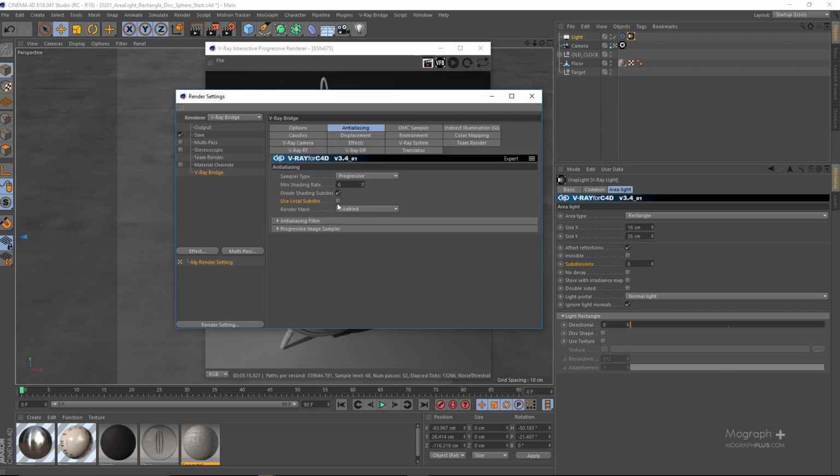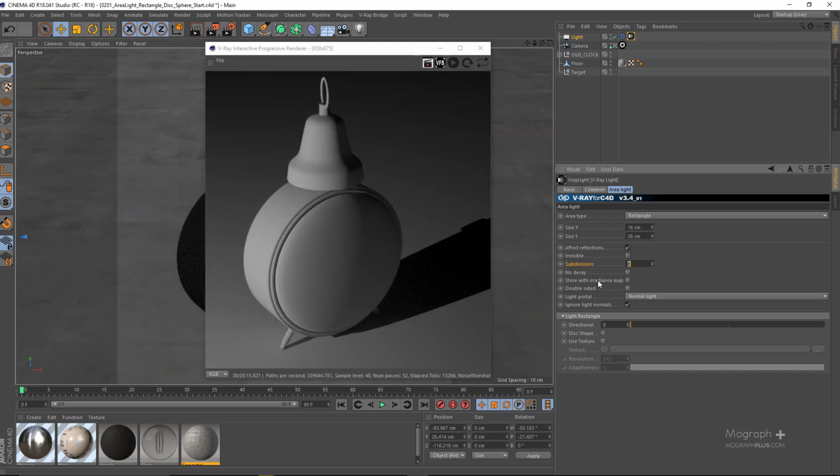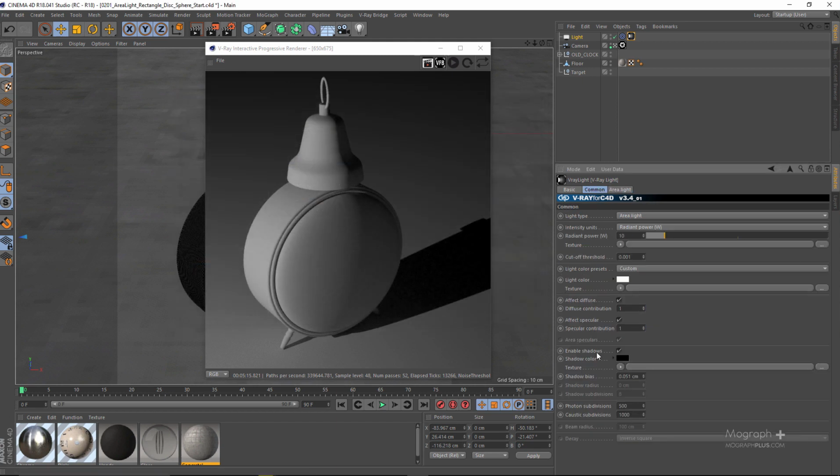I really don't want to confuse you, but this is how it works, and we're going to be talking about these values in the image sampling section of the course. By default, these local subdivision values are not effective in this release. But generally, increasing the subdivision values is going to get you higher quality and less noisy results compared to decreasing them, right? And we have these photon subdivisions and caustic subdivisions, and we talk about them when we actually discuss